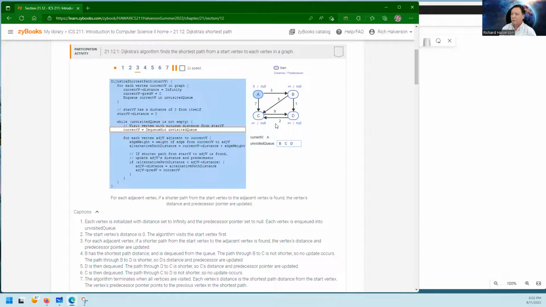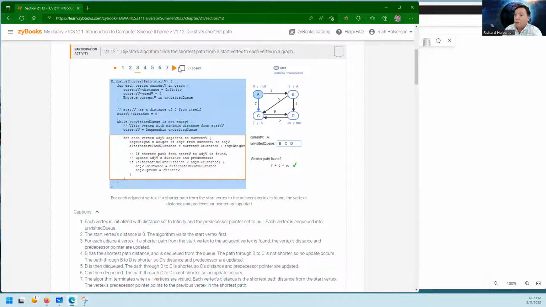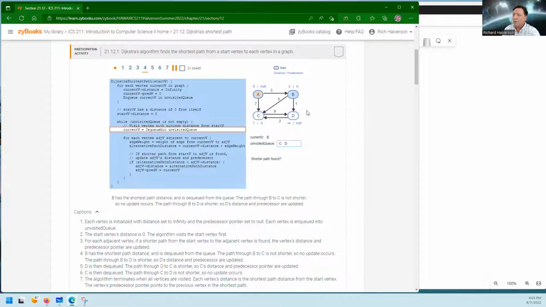So if we go to the next step, we see that that's what happens. It sees that 3 is less than infinity, so that gets replaced with 3 and A, and for here it sees that 7 is less than infinity, so this gets replaced with 7 and A, and this keeps on going. Now right now this is 7 and A, but as we keep on going, we will find